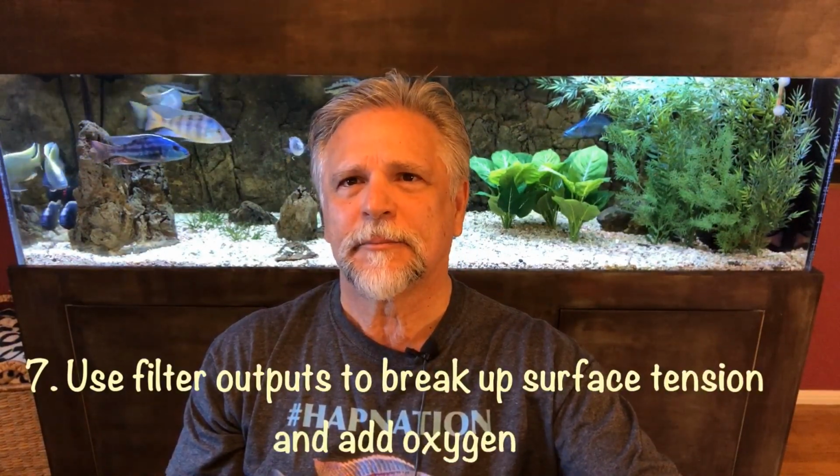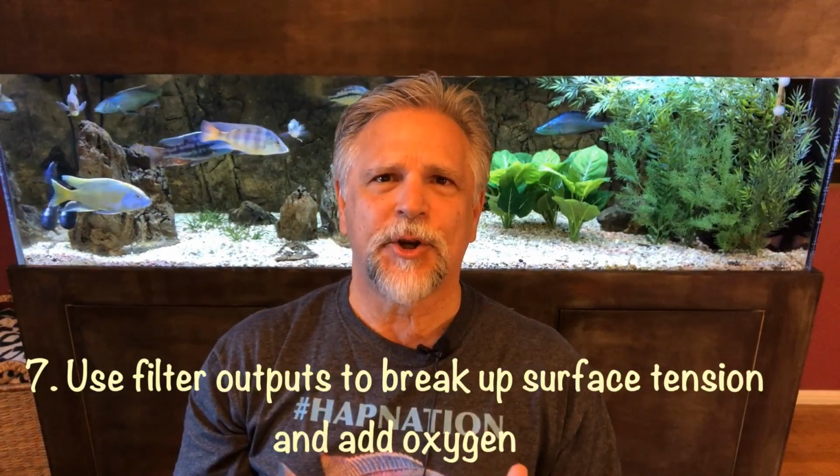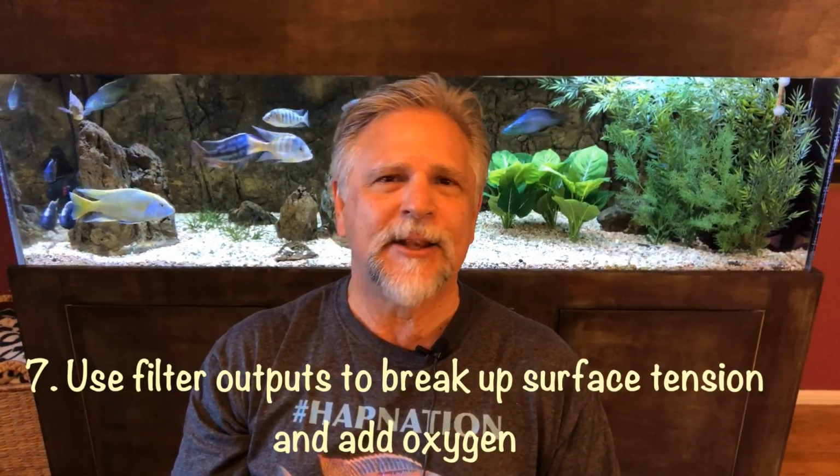Number seven, using output placement for oxygen production. So the outputs of your filters can be used in some ways like powerheads. I place the outputs so that I don't use the spray bars. Instead, I just use an elbow pipe, and I point it slightly up, and that breaks up the surface tension,